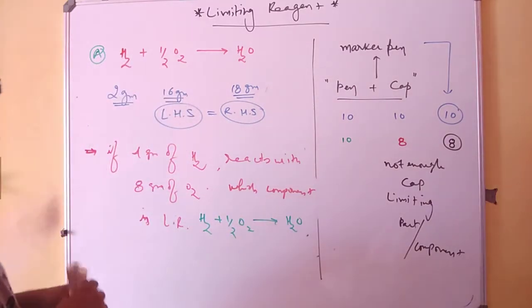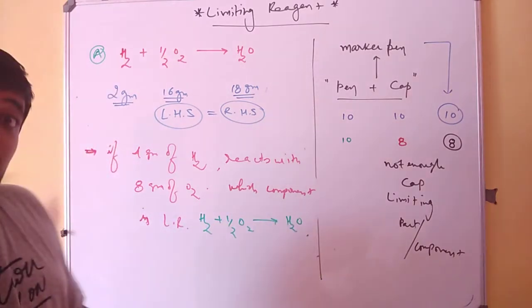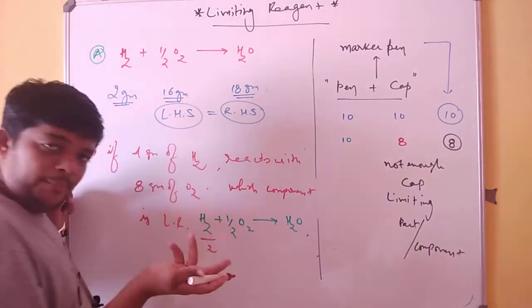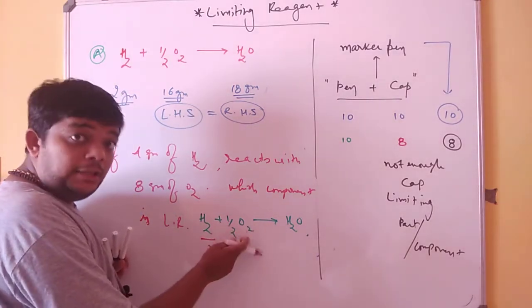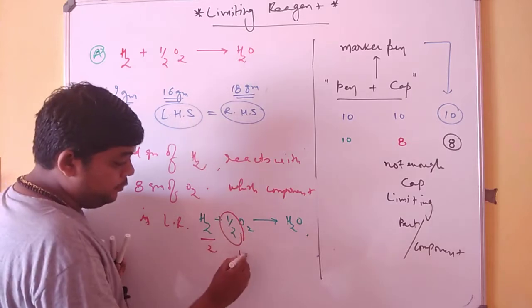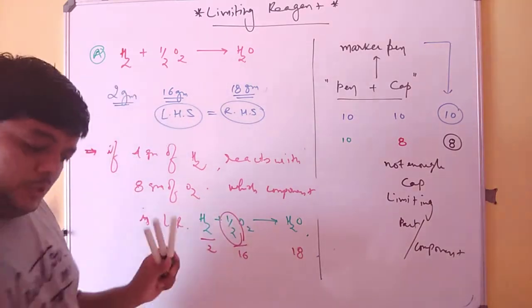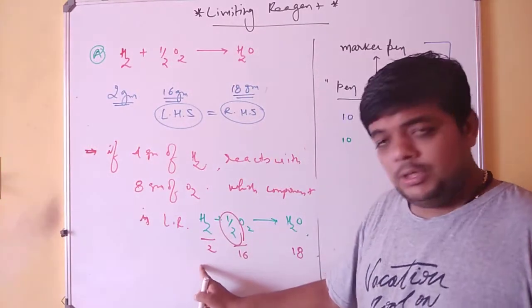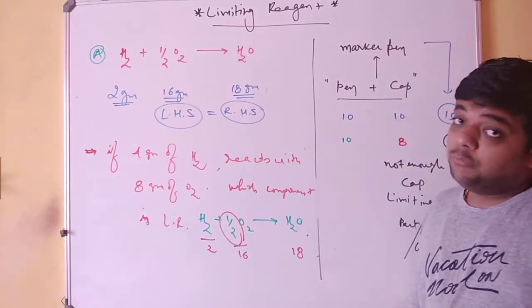In such a case, first of all, always write down the weight which you can see from the equation. For example, H2 will be 2 gram, 1 plus 1. O2 will be 16 plus 16, 32, but it is half, so it will become 16, and over here you will have 18. So it is very clear from the data set that for every 2 gram of hydrogen, you require 16 gram of oxygen to get 18 gram of water.